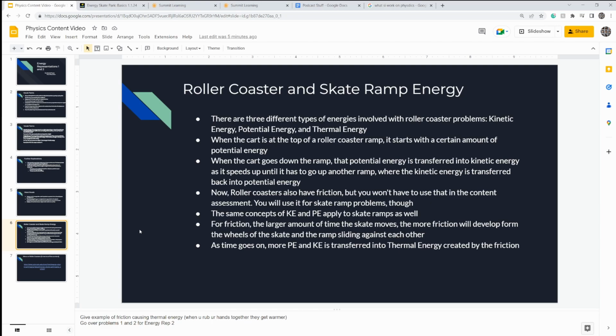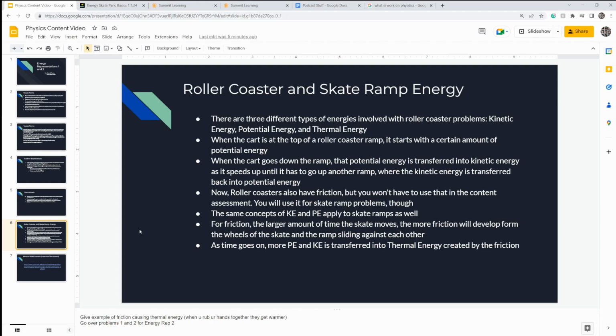All right, so there are three different types of energies involved with the roller coaster problems: kinetic energy, potential energy, and thermal energy. When the roller coaster cart is at the top of the roller coaster ramp, it starts with a certain amount of potential energy. As we said, the higher the ramp is, the more potential energy it has. When the cart goes down the ramp, the potential energy is transformed to kinetic energy. As it speeds up, more and more potential energy is transferred to kinetic energy